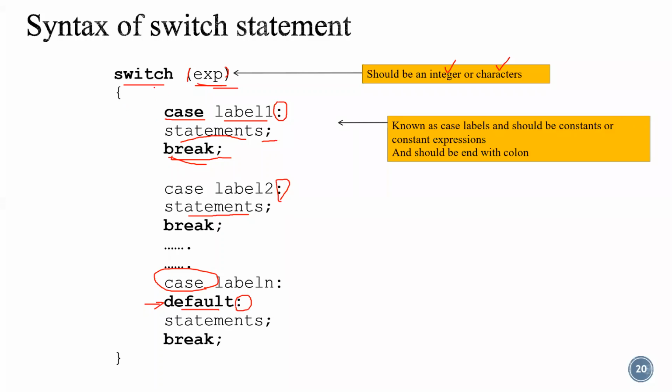So for the switch, we are writing the expression, there is no semicolon. You know, for the if statement and all the decision making statements, we are not using any semicolon. All other lines, or the statements to be executed, all executable lines should be ending with a semicolon except the decision making statements.